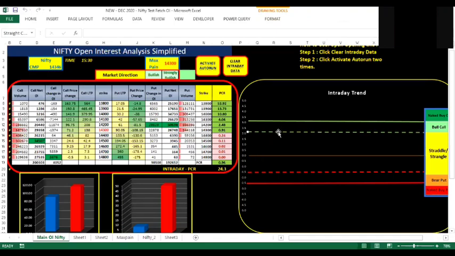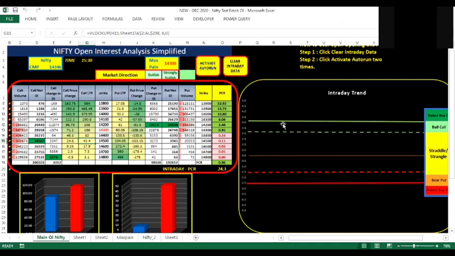At this level, if you want to do an intraday trade, you can buy an ATM call and sell one strike above or two strikes above that, depending upon your risk appetite. So suppose you buy a call of 14,300 at 138, then you may decide to sell 14,500 at 42, and that is how you make a bull call strategy for that day, right? If the line breaches the line at level of 3, which is the solid green line, you can consider to buy 14,300 naked call, right?